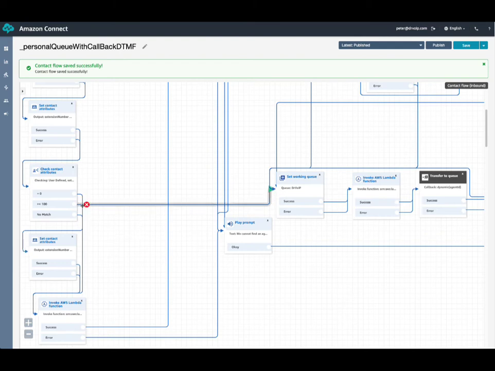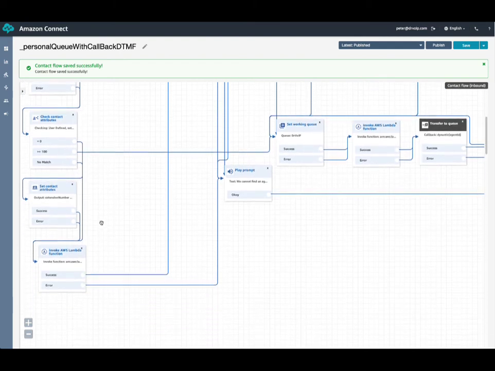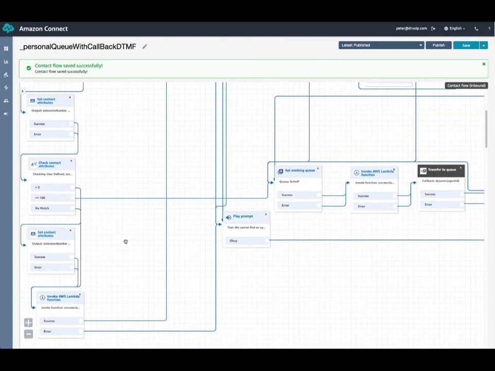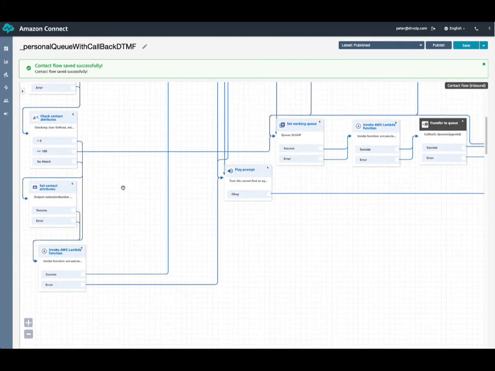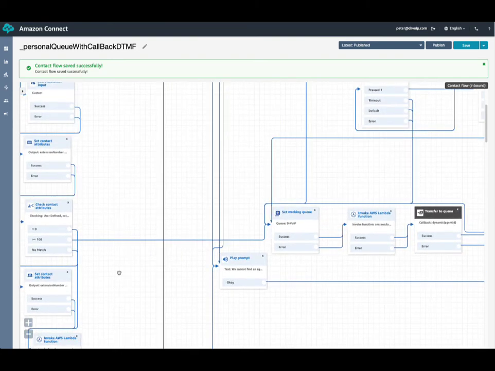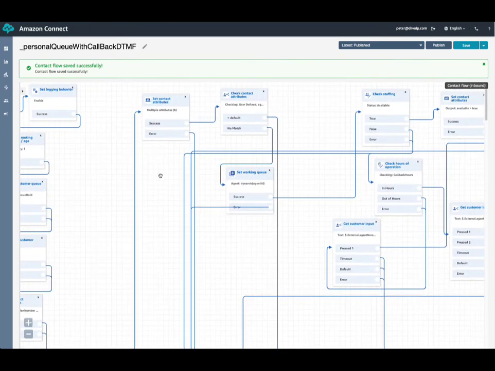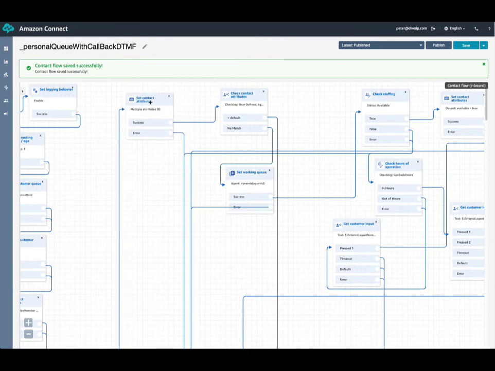If not, we're going to set the contact attributes again to be an extension number. What we're looking to do here is make sure that every call that comes in gets an extension number, even if the caller didn't know it. So there's a default value being set here. That extension number hits this Lambda function, which is going to use that extension number to get the agent ID.